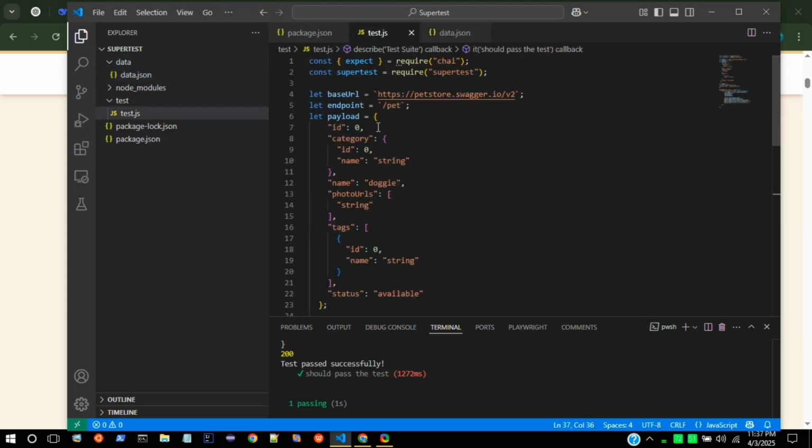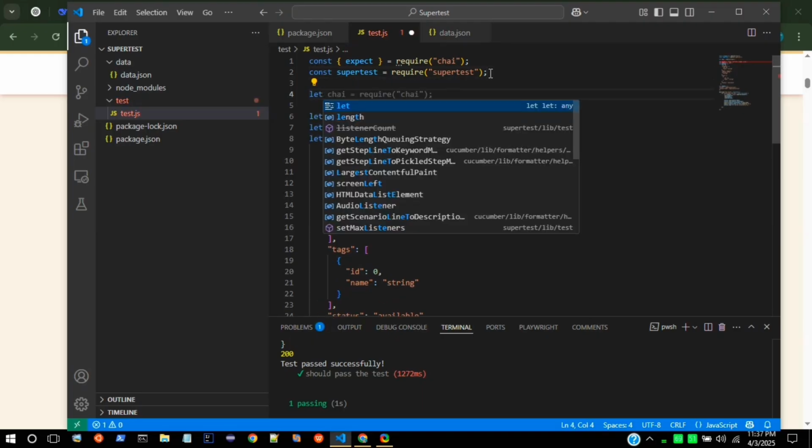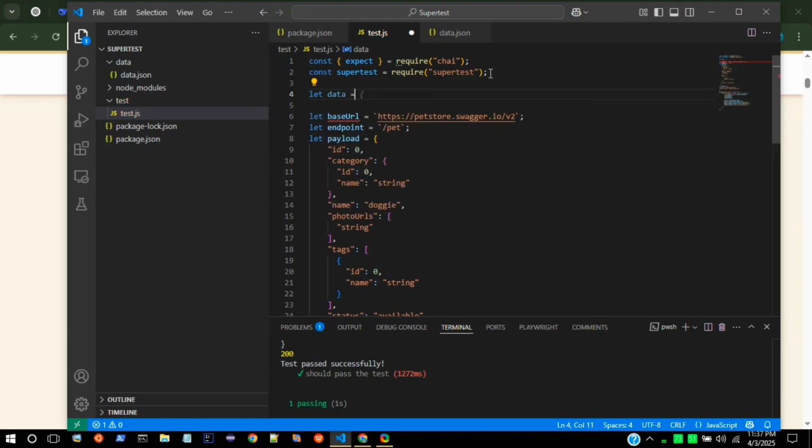Here we'll define all the variable values, like base URL, headers, payload values, and we'll call those values from the JSON file here. For that, I'll create one variable. Let me create a variable data, and inside this variable we are calling our data.json. I have used require, and then